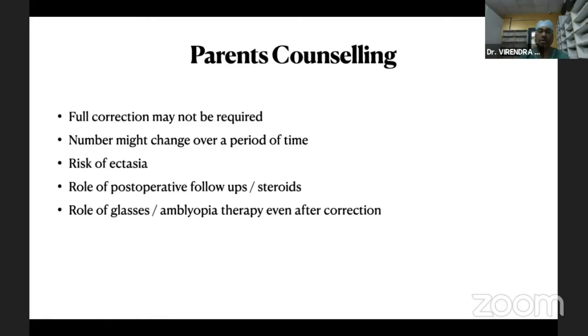The number is going to change or may change definitely over the period of time, and there is no fixed rule that how patient will progress. Means we can't do overcorrection by any means, and sooner or later the patient may again have a high ametropia or high anisometropia. We have seen many patients in whom anisometropia is there since the age of 2, 3, 4 years. The gap is increasing over the time. It is not maintained same.